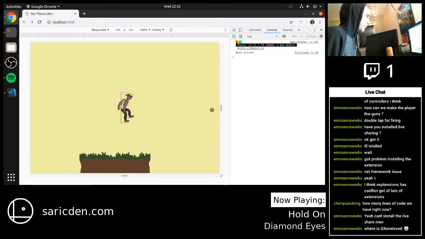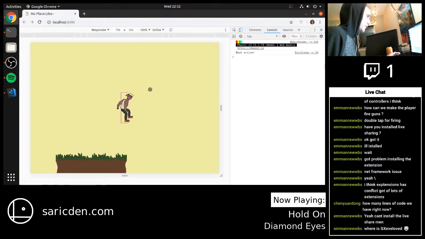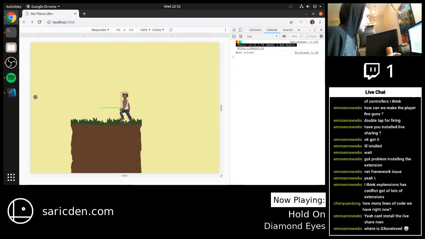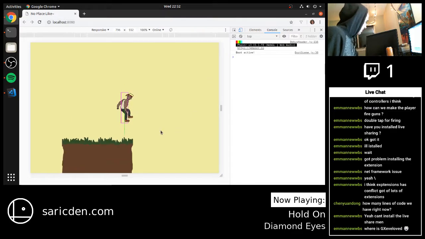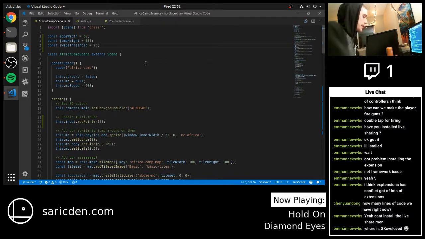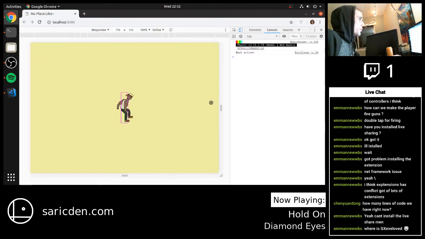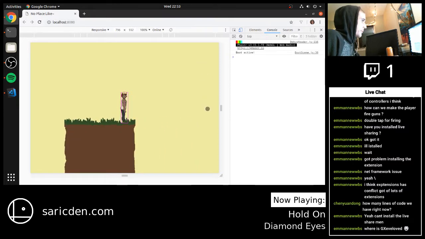Hey, that kind of worked. And I knew that was going to happen, but click should reset it, yeah. That kind of works. I think that threshold might be too large though, because it's not quite as sensitive as I was hoping. I was hoping just a little nudge would do it, but right now you gotta really swing it. But let's change that threshold first. That's a low-hanging fruit, that's kind of easy. Let's change it to like 10 pixels maybe, because we don't want it to be too trigger happy with the jump. Otherwise it's going to be like anytime you lift your thumb off it's going to jump, but